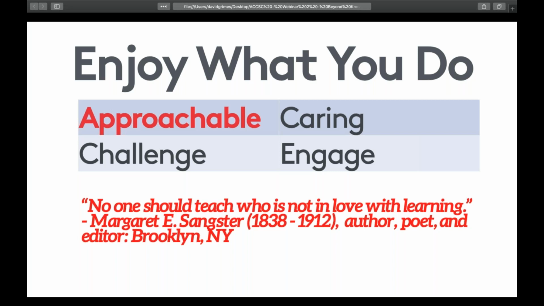But look at your body language too. Do you tend to stand in front of the room with arms folded? Maybe you're not intending to be this authoritative, non-approachable figure, but if you're standing there in a negative body posture, then it's going to affect what students think of how approachable you are.